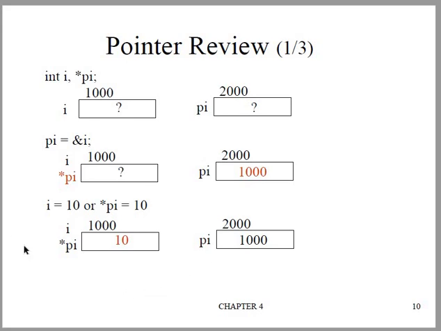And here this pi will be stored in another memory location; another memory location will be allocated for pi. So the variable I, its address is 1000. pi is also a variable, but it's a pointer variable, its address is 2000. In that location we are storing the address of I.